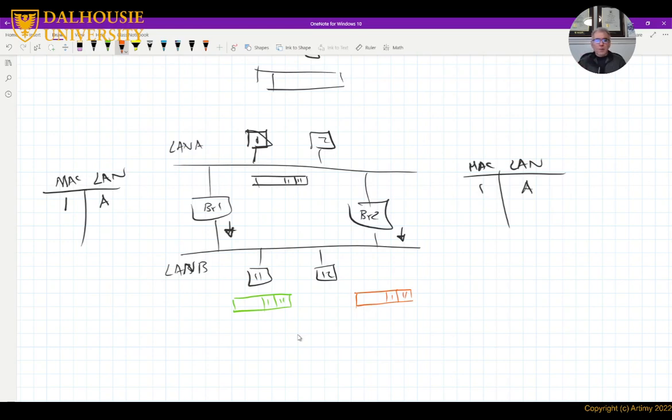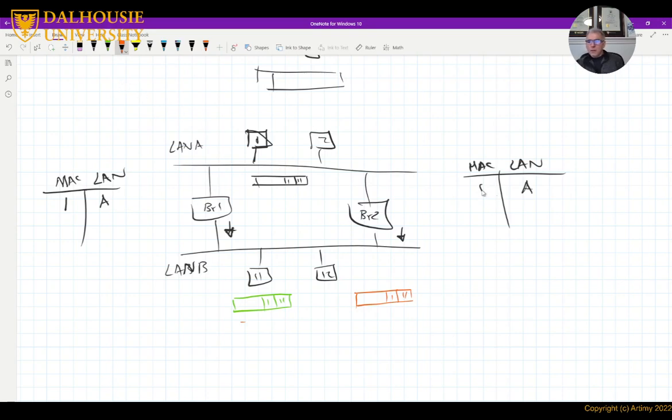My second problem is, once the green frame is sent to LAN B, bridge 2 will hear it, same thing as all the stations will hear the frame. So bridge 2 thinks, oh, this is a new frame going to 11 coming from 1.